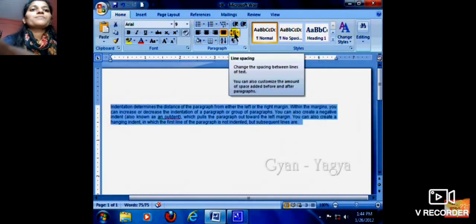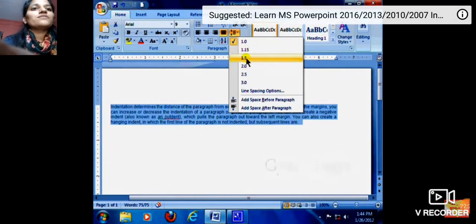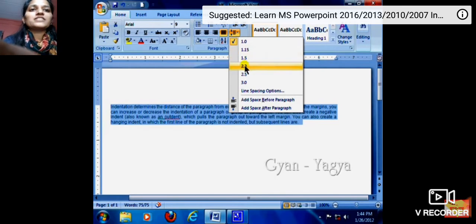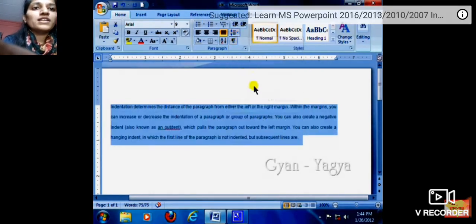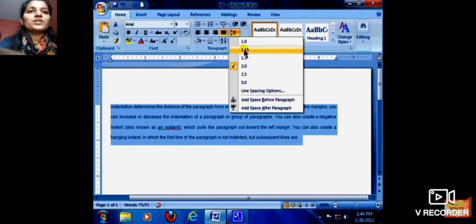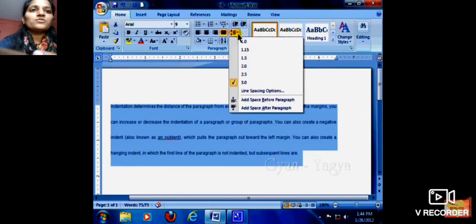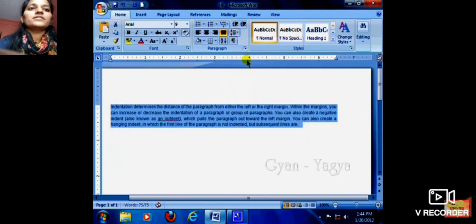So if we want space in the line, we just have to select our paragraph. So here we can use the line spacings. It will be as per your choice. We just have to select the line space. Yes, so here you can give the space in your paragraph like this. Okay, if you want more space, then you can click on those numbers like this. You can change the line spacings, and I have told you how to give bold effect.